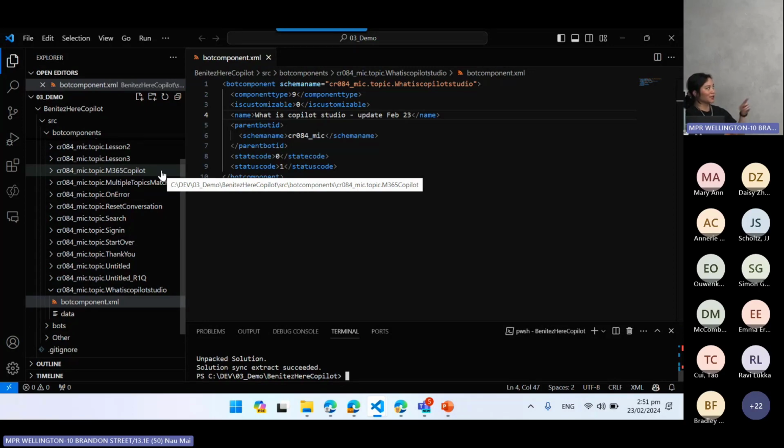unpacked the solution, we now see that new topic up there that I created earlier. Right. That's why low code is dead. Yeah, absolutely. But I think that this is actually a hint to how the product team is looking at using